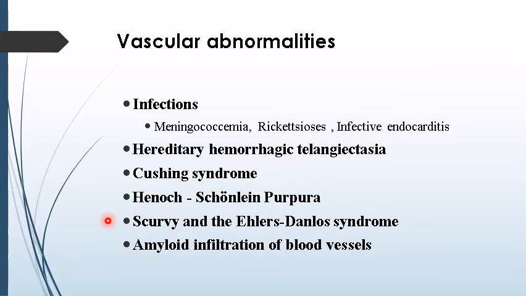Amyloid is a sort of disease where there is a deposition of abnormal protein around the blood vessels. So when we have excessive protein deposition in the smooth muscles of the blood vessels, this will interfere with the vasospasm activity of the blood vessels. So amyloidosis will prevent muscle spasm in a proper way, so we'll have bleeding tendency. These are the common causes for vascular abnormalities that lead to bleeding